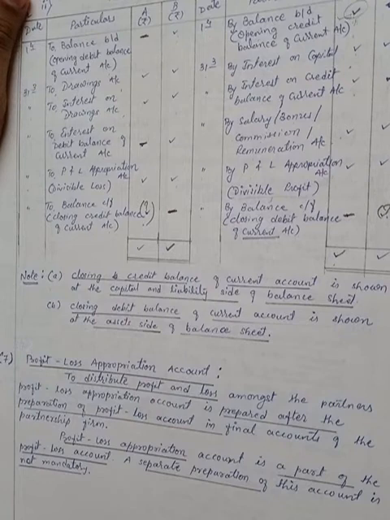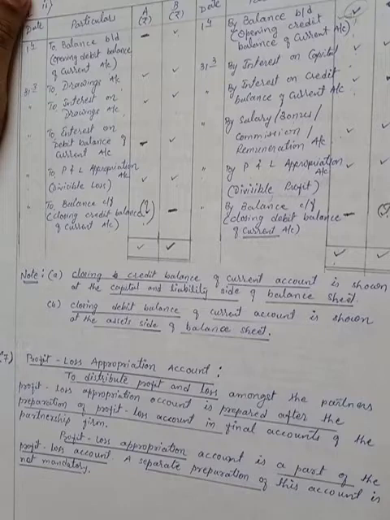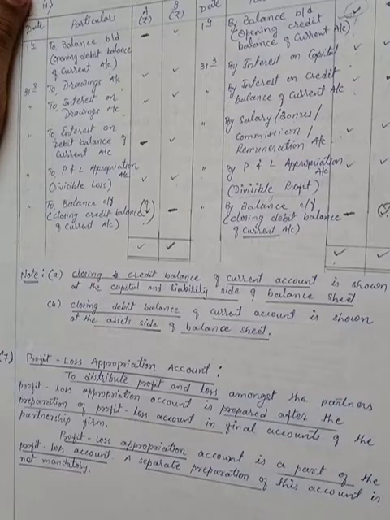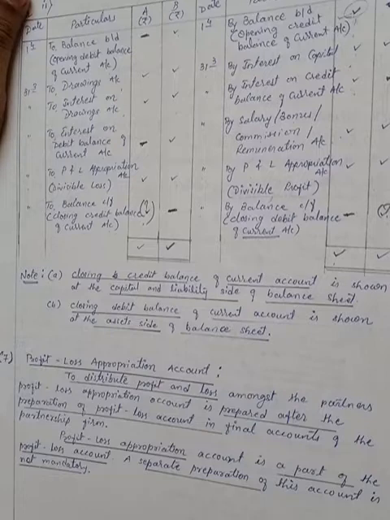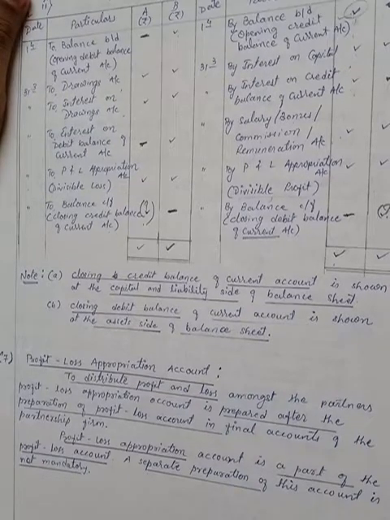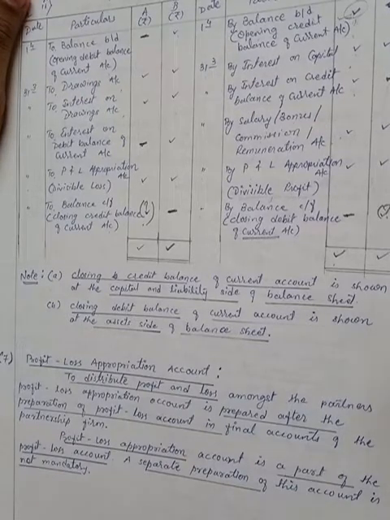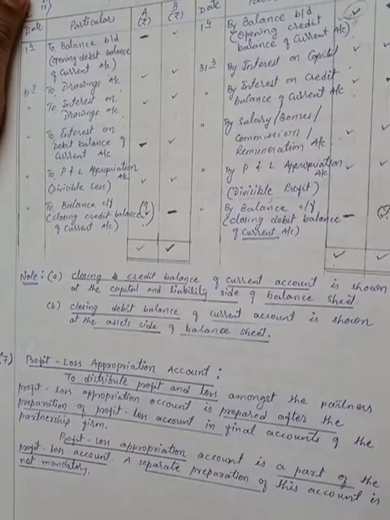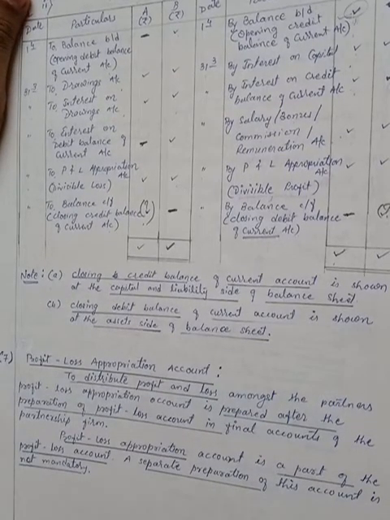We are distributing the profit in different ways amongst the partners. It is not only that we are distributing the net profit among the partners directly, but we are distributing the net profit in the form of interest on capital, salary, commission or bonus or remuneration to the partner, and in the form of creation of a reserve. Like this we are distributing the profit among the partners, and that is what we are showing in this separate account called profit and loss appropriation account. So today we'll learn this in this session.